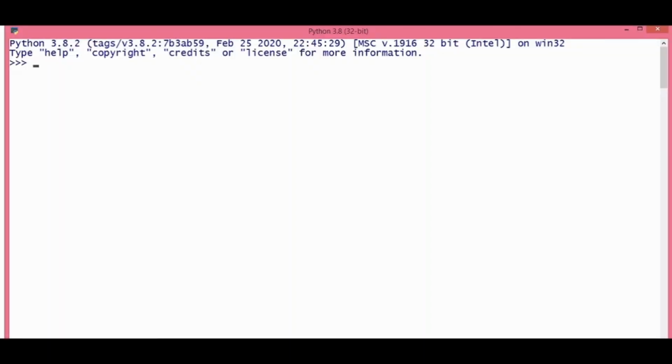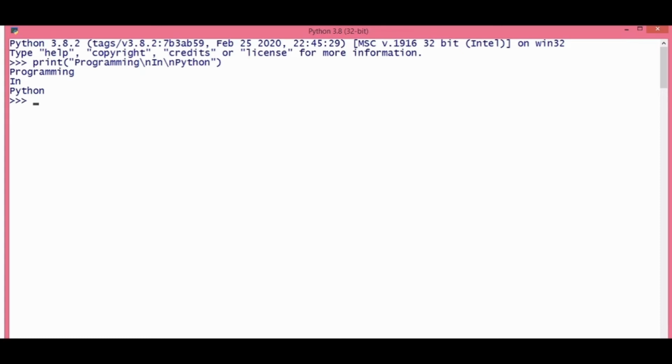So let's begin with the first example of \n. I use it in my print function where I'm writing this text, and all these three words are separated with \n. \n is a new line character which is going to separate the words by adding a new line in between.